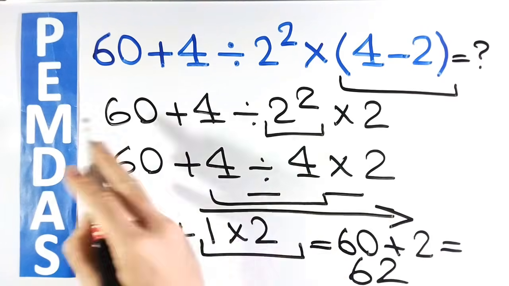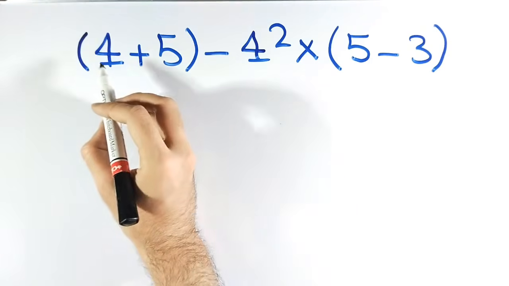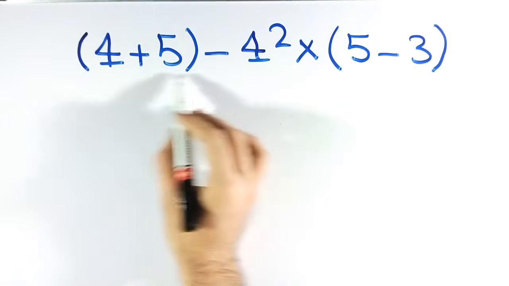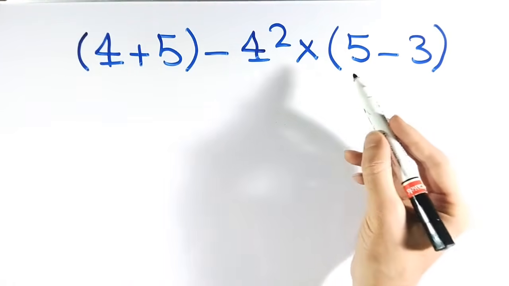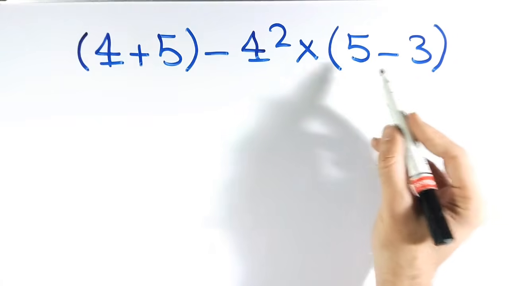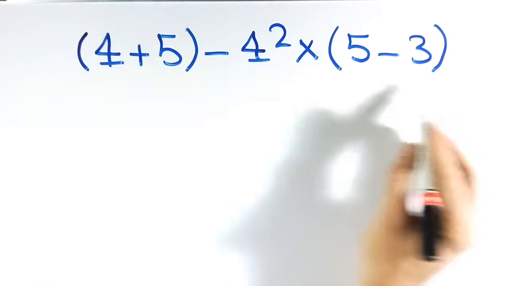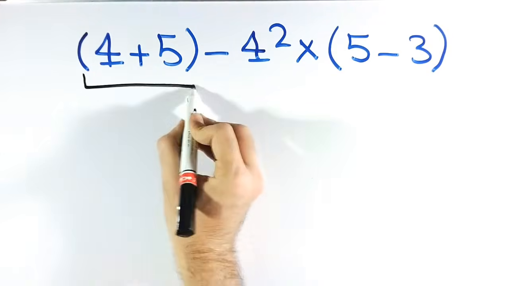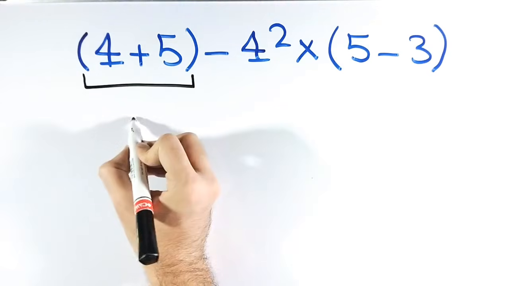Alright, now let's solve another math question together. What is the value of the expression 4 plus open parentheses 5 plus 4 close parentheses minus 4 squared multiplied by open parentheses 5 minus 3 close parentheses? Many people when solving this question go straight to the expression inside the first parenthesis